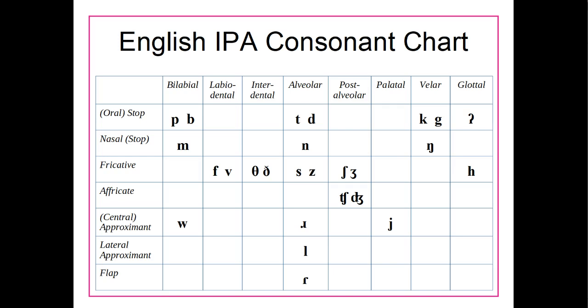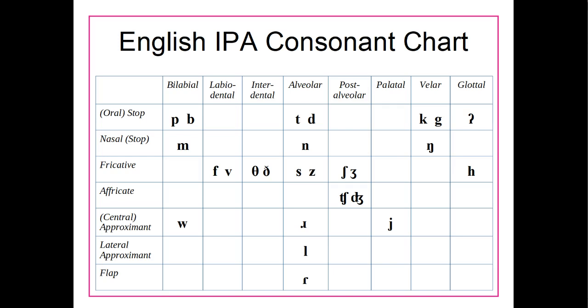One thing that you may or may not have noticed in this chart is that when we have these pairs, so for example, we have two bilabial stops, two alveolar stops, two alveolar fricatives, and so on and so forth. In all of those cases, I have put the voiceless sound of the pair on the left and the voiced sound on the right. So basically, a way you can use this chart is if you want to find, for example, the